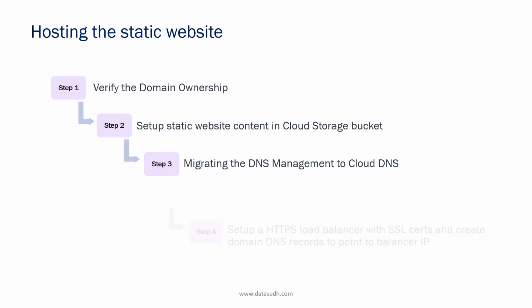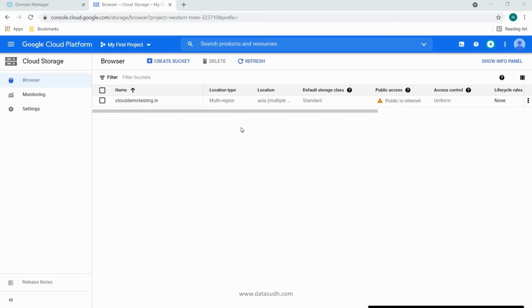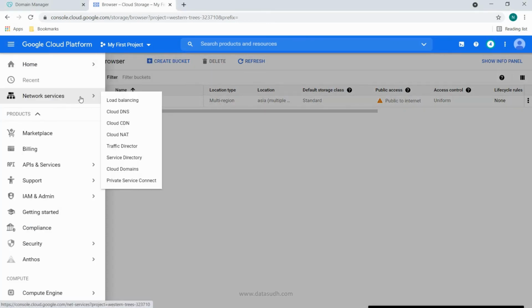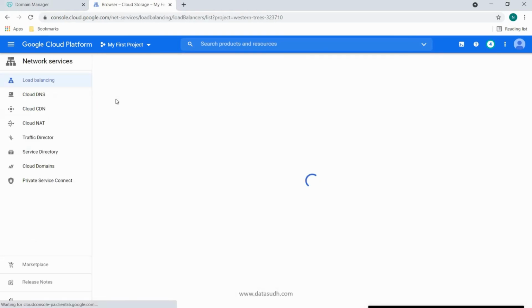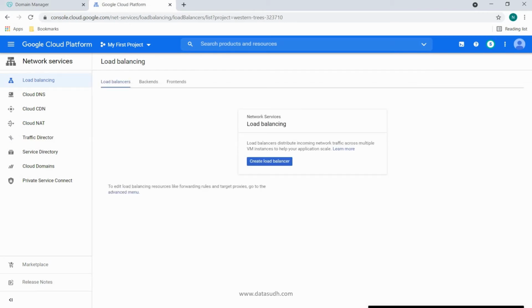Now the next step is to set up an HTTPS load balancer with SSL certificates and point the domain DNS to the same. To set up the HTTPS load balancer, go to the menu and in network services, click on load balancing. Click on create load balancer.